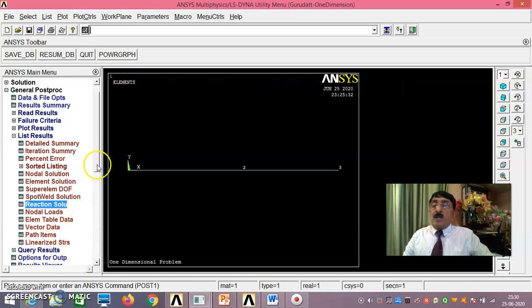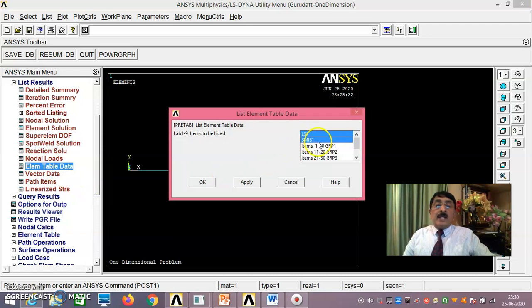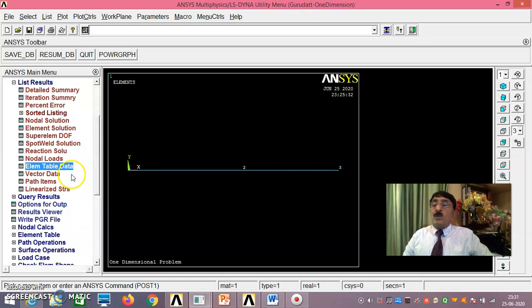And then you go for element table data also, LS1 and SMISC1. This also is another very important thing. This also you can copy it and paste it in the Word. This also is a very important answer for the examiner. Okay, that means the axial stresses in the two elements, member forces you have determined, and also I have told you the important thing